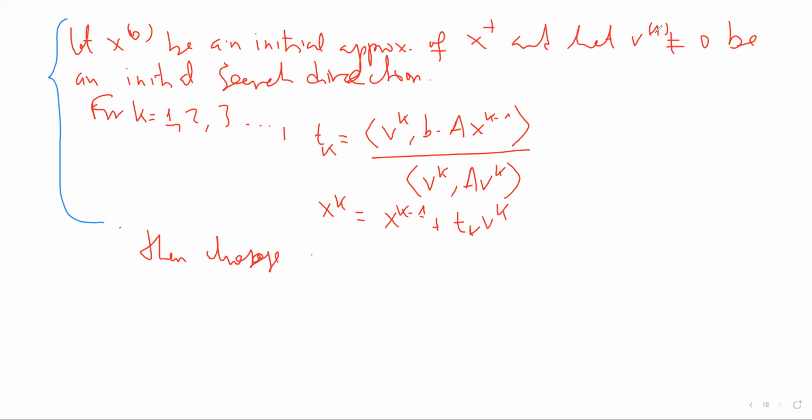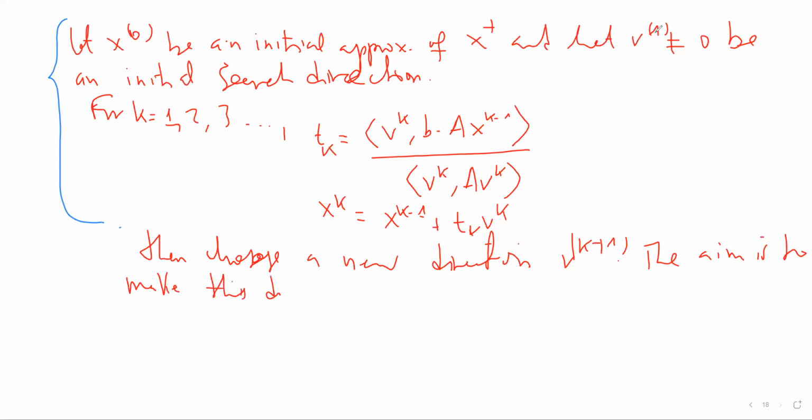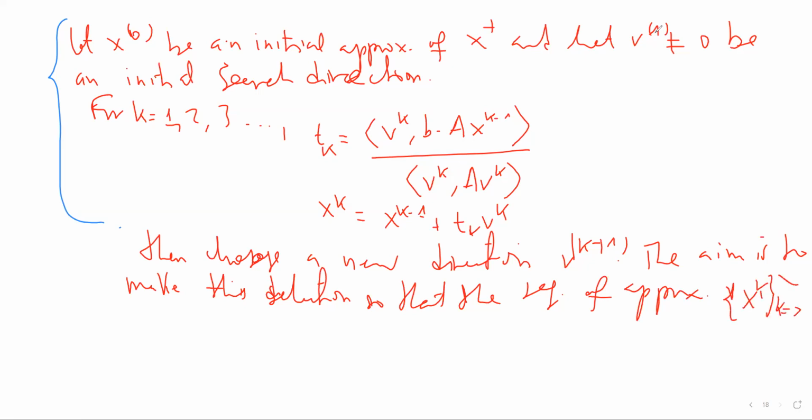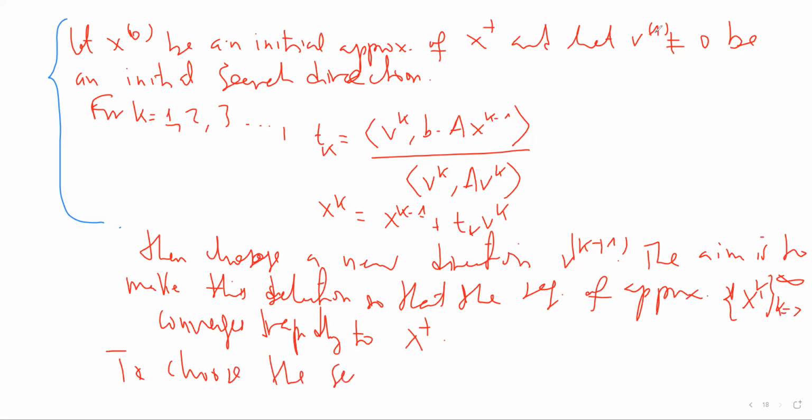Then choose a new direction, VK plus 1. The aim is to make this selection so that the sequence of approximations XK, K from 0 to infinity, converges rapidly to X dagger. To make such a choice, to choose this search direction,